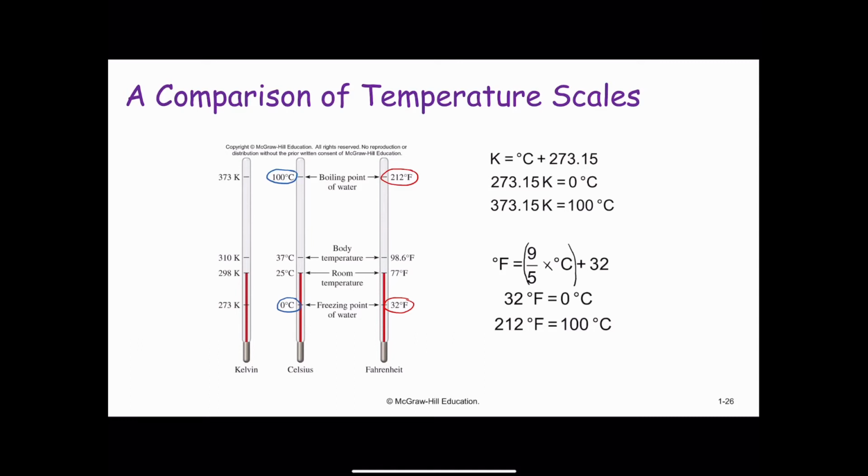As we saw in a previous slide, Kelvin is the SI base unit of temperature. It is the absolute temperature scale. By absolute, we mean that the 0 on the Kelvin scale is denoted by 0 K, the lowest temperature that can be attained theoretically. Now, the Kelvin scale that we will use a lot in general chemistry,